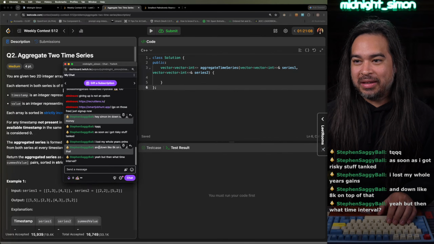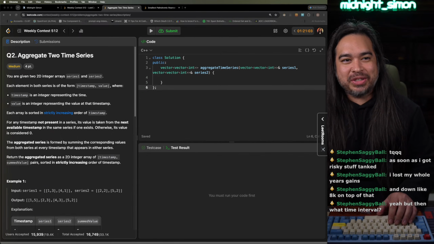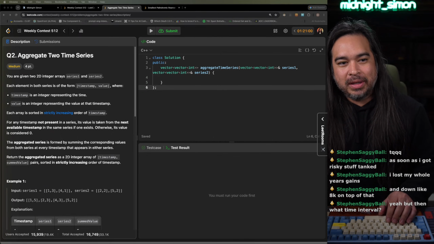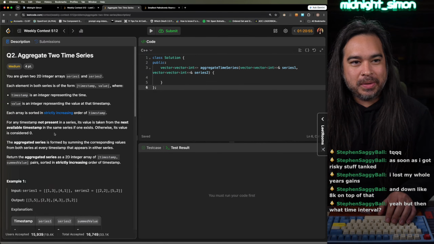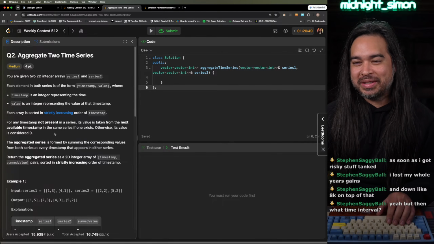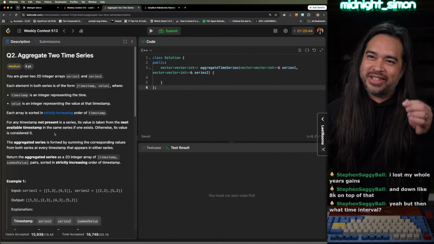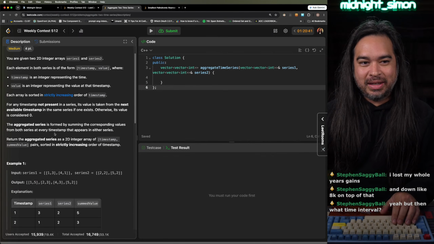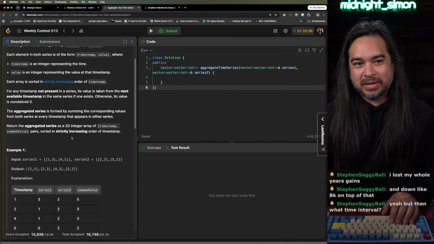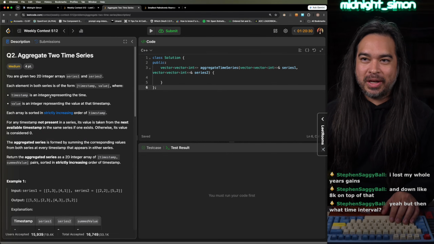Down like 8K on top of that. What time intervals? Hey, I'm no stock person, man. I'm not a financial advice person. But what time interval? I don't know. I suppose a few months or something over the course of 3-6 months, a year, up to a year, I'd say. But I don't know, a year's too long for me, man. I don't have that much patience. Anyways, say maybe over the next 2 or 3 months. It's probably somewhat safer than all at once. Anyways,